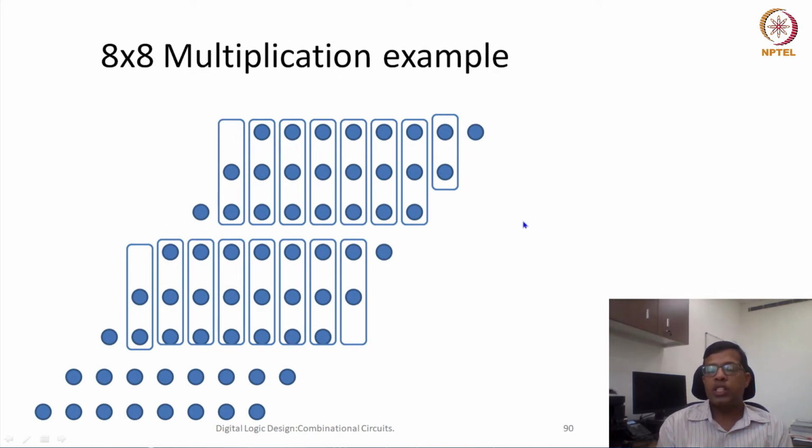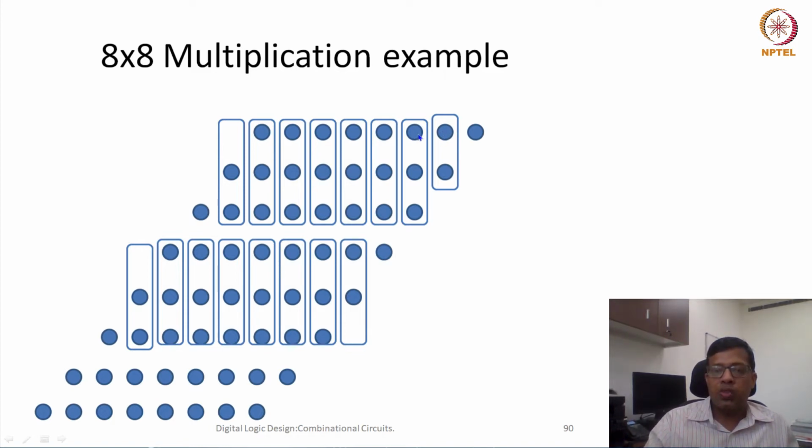After doing this grouping, this would require a half adder, this would require a half adder, and these bits would require some full adders. Similarly, these bits would require full adders, so all of them would be added. For this addition I will generate a sum for this place and a carry for this place.